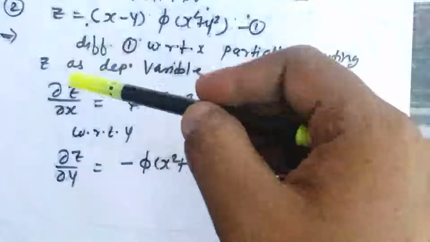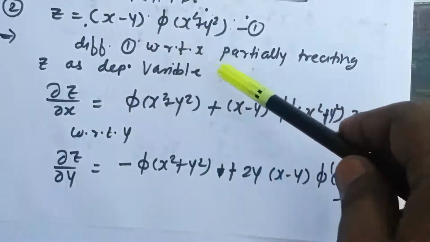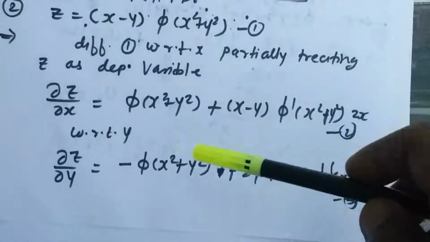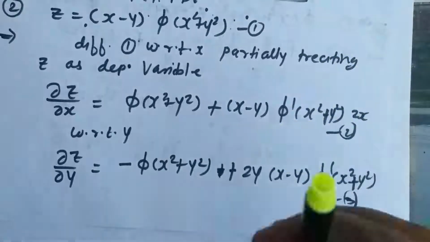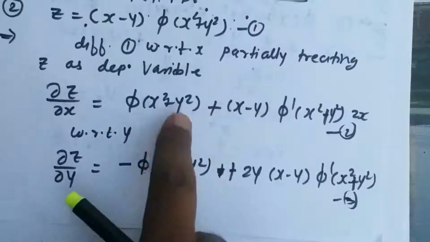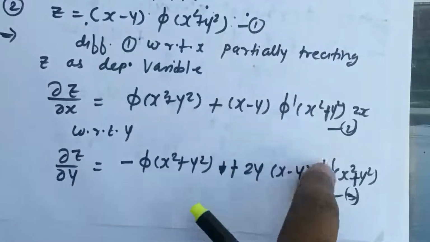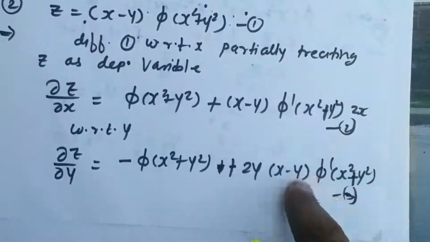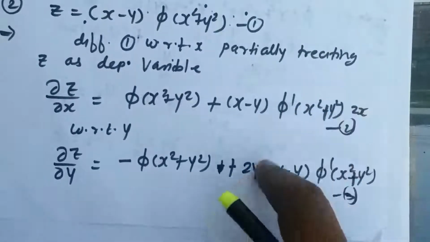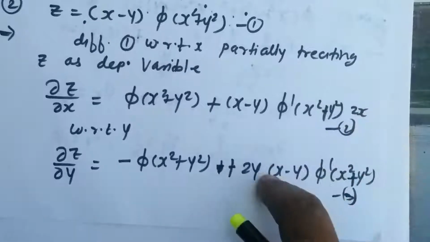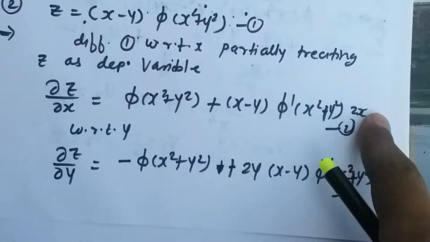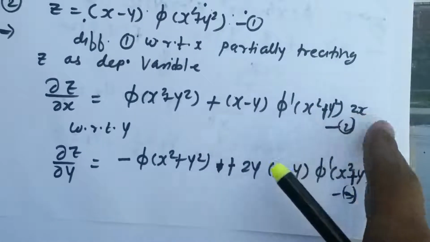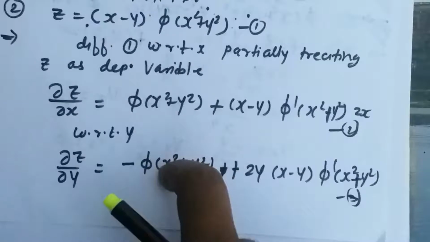Now, after getting these two equations, we need to eliminate these phi and phi dash terms by using some manipulations. Okay, so for eliminating the second term, if you see, most of the terms are common. (x minus y) phi dash of (x square plus y square), both terms are common here. Here 2 is also common, only here we have x, here we have y. So if you bring one y and one x, and if you subtract the equations, these terms will get cancelled, right? While doing that, we also need to check what we get for these terms.